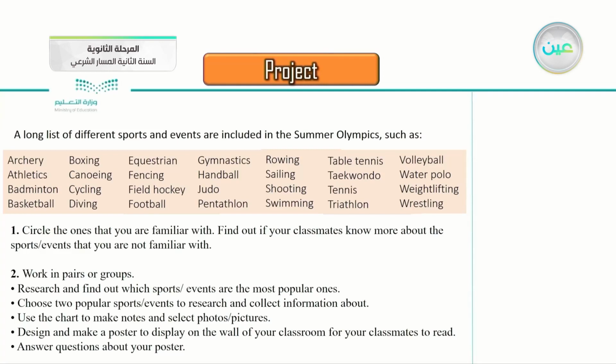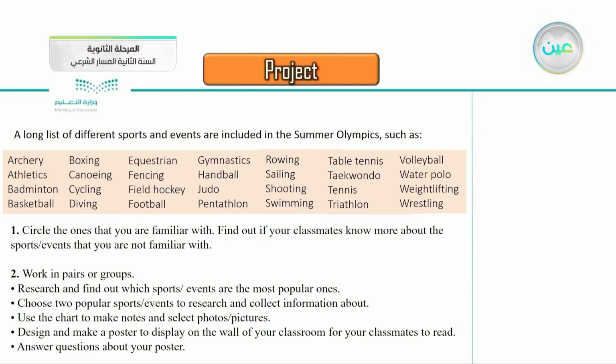A long list of different sports and events are included in the Summer Olympics, such as archery, athletics, badminton, basketball, boxing, canoeing, cycling, diving, equestrian, fencing, field hockey, football, gymnastics, handball, judo, pentathlon, rowing, sailing, shooting, swimming, table tennis, taekwondo, tennis, triathlon, volleyball, water polo, weightlifting, and wrestling. All of these sports you can see in the Summer Olympics, of course, not the Winter